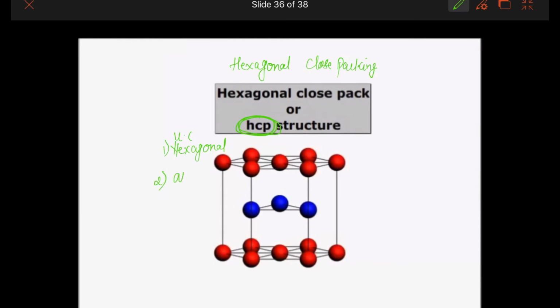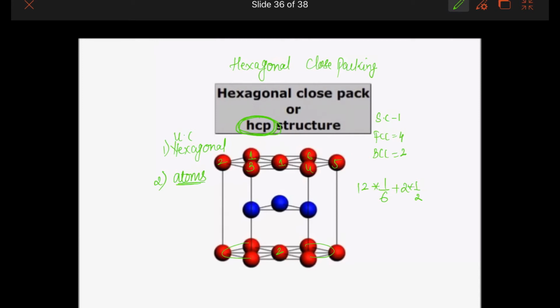Second, many times they ask in one-mark questions how many atoms are there in a hexagonal unit cell. In simple cubic we know the atoms are 1, in FCC the atoms are 4, in BCC the atoms are 2. In hexagonal, let me just see, 1 2 3 4 5 6, there are 6 corner atoms up and 6 corner atoms down, so total 12 corner atoms, but these 12 corner atoms are not shared by 8 unit cells, they are shared by 6 unit cells, plus there are 2 body centers, 1 and 2, which are shared by